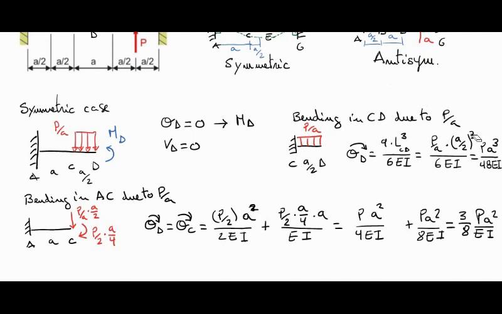Well, this was not the result of the slope at D, because the bending in CD was not A cubed, it is A squared, okay, because this is a slope. So we have to write the slope of D. The slope of D is equal to, in this part it is cubed, but in the final result, PA squared divided by 48 EI. Okay, so we come back to